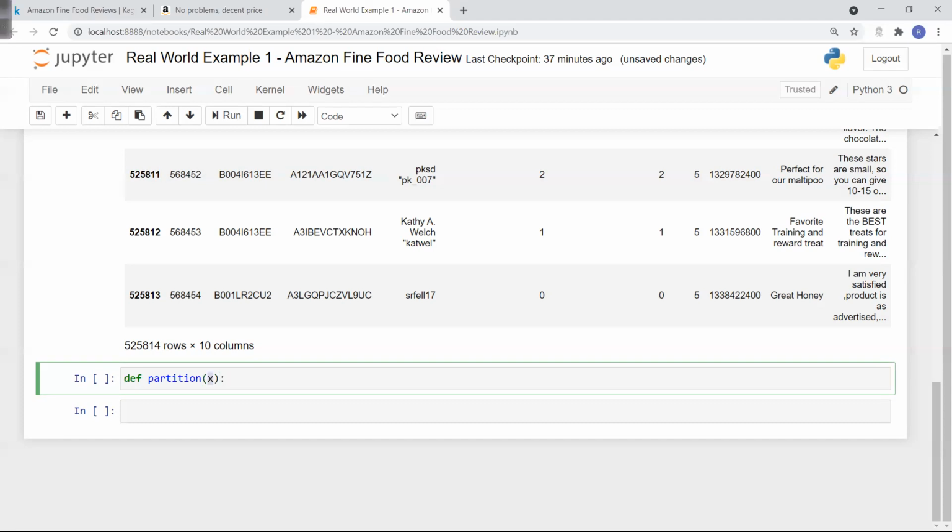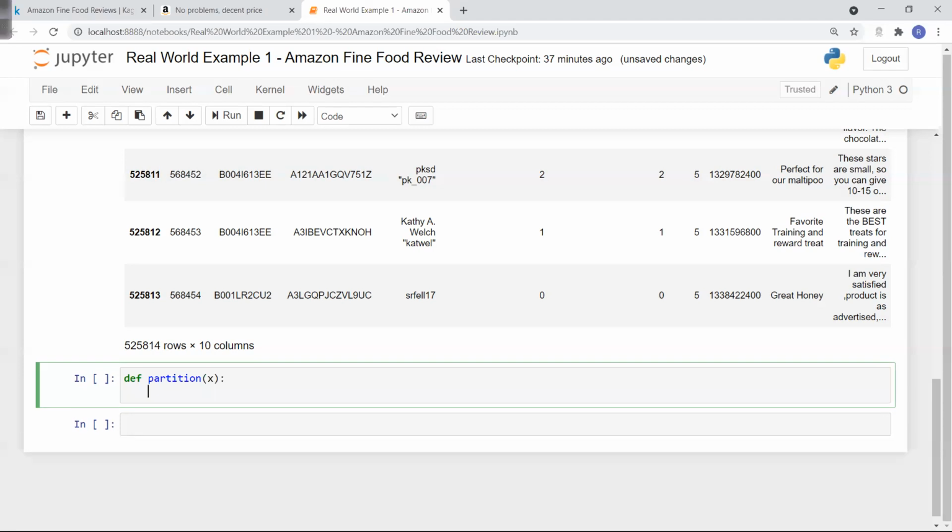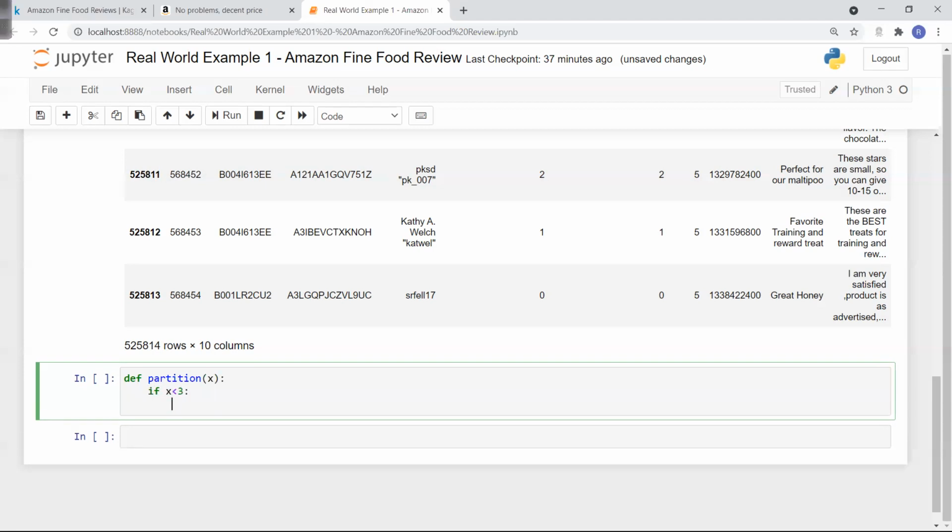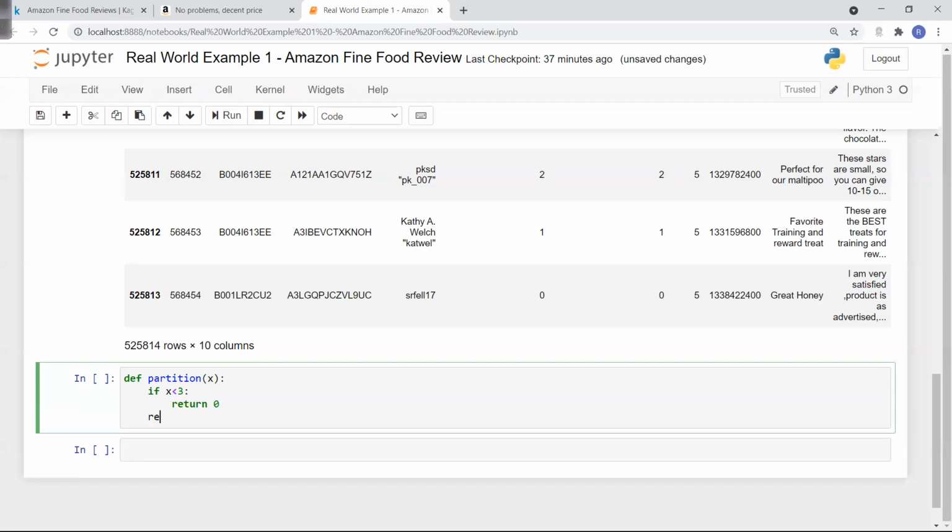X will be considered as one row at a time. You can give anything, A, B, C, whatever. After that, I will say if my x is less than 3, then return 0, else return 1. So I'm writing a simple logic where if I find my x less than 3, make it 0, else make it 1.